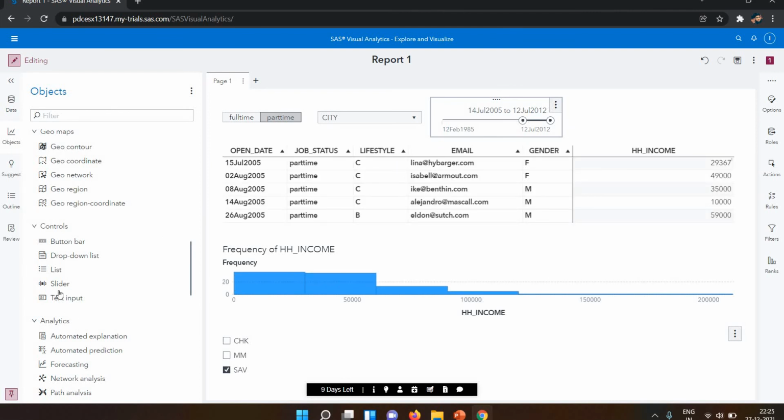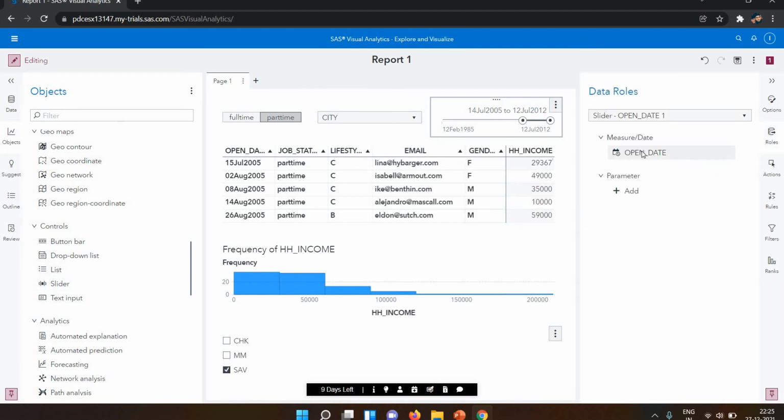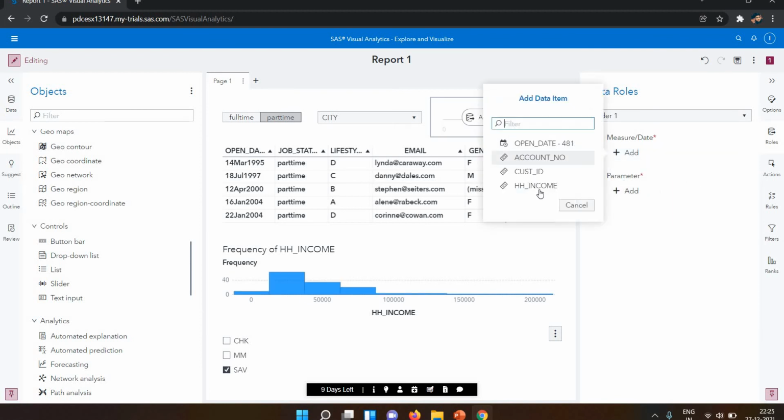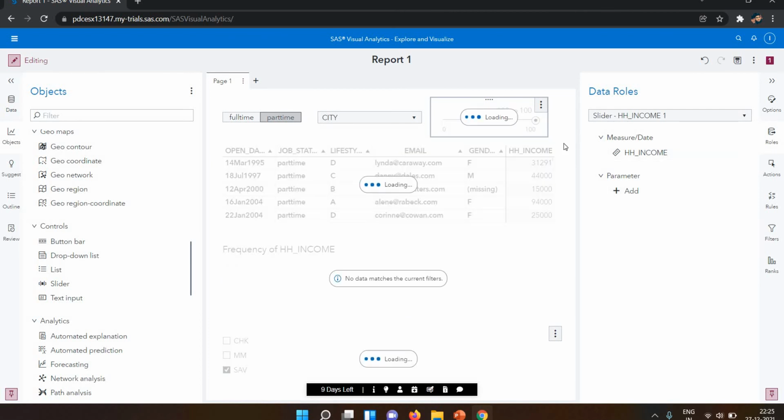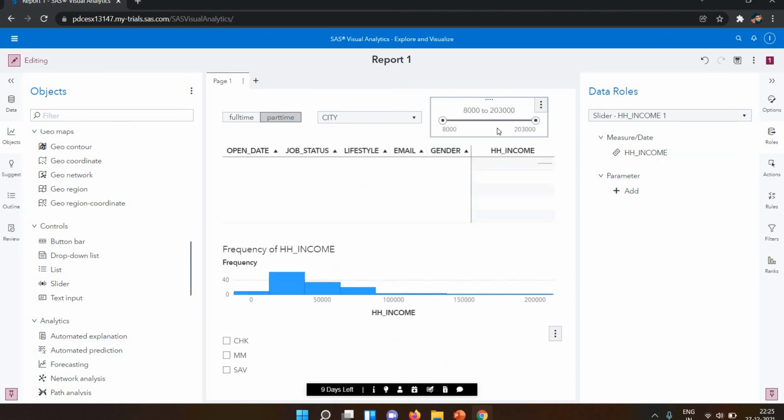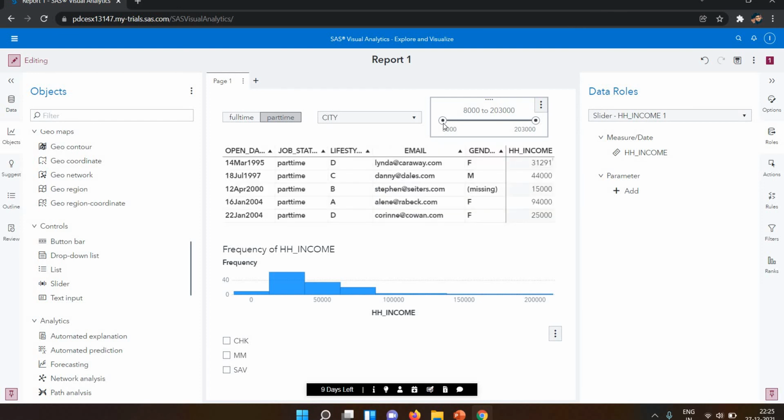Let's suppose I'm removing this one and now I'm adding the income, because the income range is very big. Now we have the income range from 8,000 to 2 lakh 3,000.